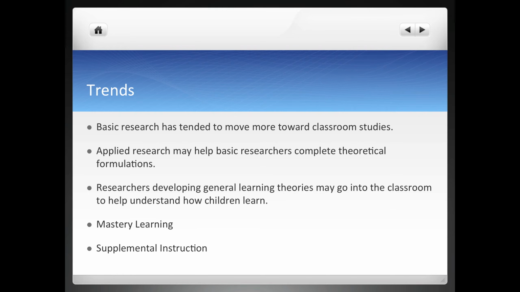Now, a couple of examples here. Mastery learning is something developed by Ben Bloom, and he had a very simple question: why do some students learn and other students don't? So he decided he wanted to learn this, and he ultimately ended up creating a theory. What he did was go into a couple of grade school classrooms and sit in the back of the class and just watch.